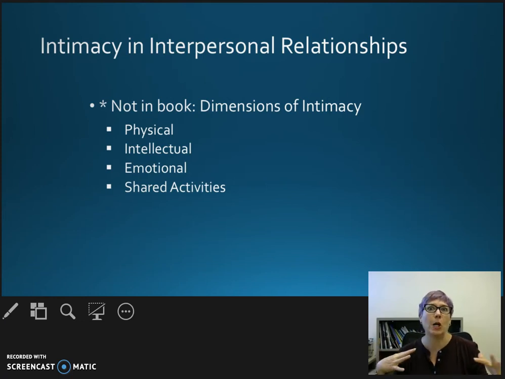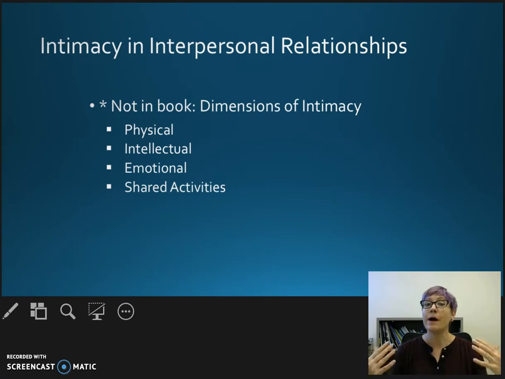Another way we generate intimacy is intellectually. If you've ever been in a class where you just got really engaged, the discussion was fascinating, the other students had interesting things to say, you jumped into the discussion, and by the end of it, the whole class had kind of bonded through really exploring this fascinating territory. That's an example of generating intellectual intimacy. And it doesn't have to be in a class. It could be just one-on-one if you have a good friend that you like to talk to about intellectual stuff, or a sweetie that you like to talk to about intellectual stuff, and you bond through ideas. That, of course, is intellectual intimacy.